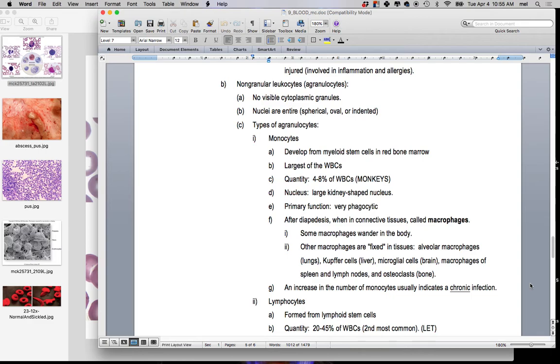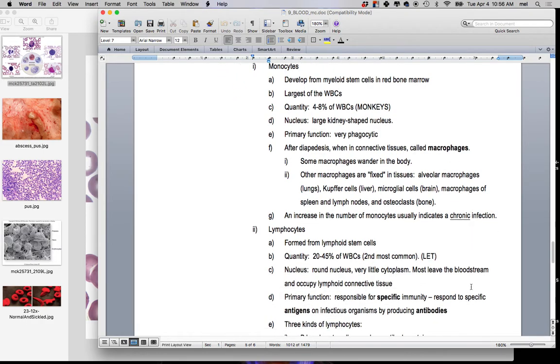And if they migrate out of the bloodstream, they're called macrophages. So they're called monocytes when they're in the bloodstream. They're called macrophages when they migrate out. And some of them wander into other tissues. They can wander into the lungs or into the liver, into the spleen and the lymph nodes. The microglial cells are derived from those, but they're not quite the same, so I won't use those as examples